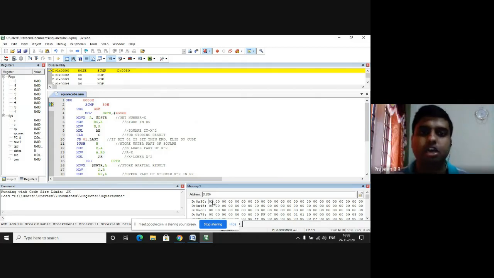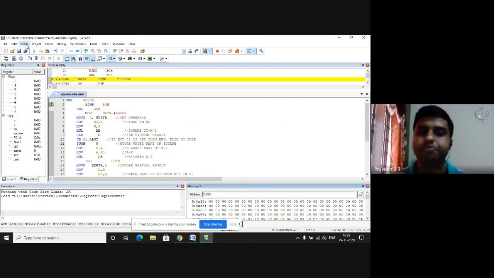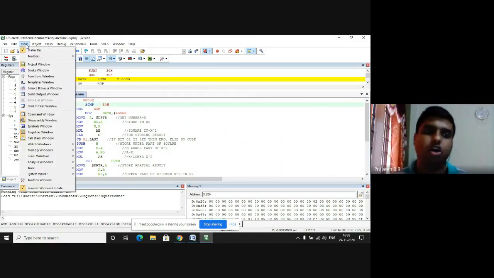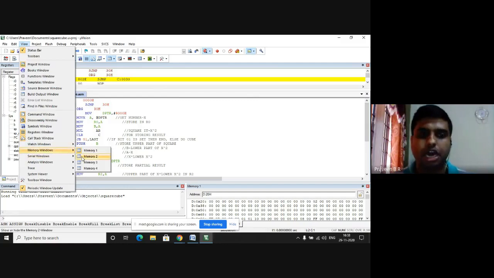So let us check how to see the square of the given number. To input the hexadecimal number in 9000H memory location, in the menu bar, I choose View window. In the View window, I choose Memory window. In the Memory window, I choose Memory 2 window.